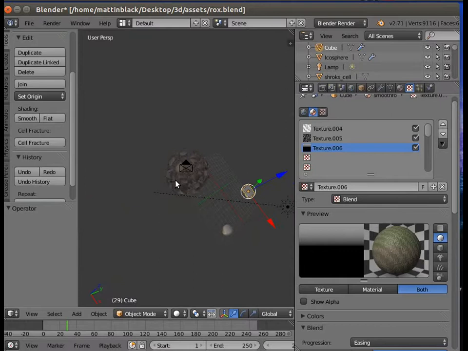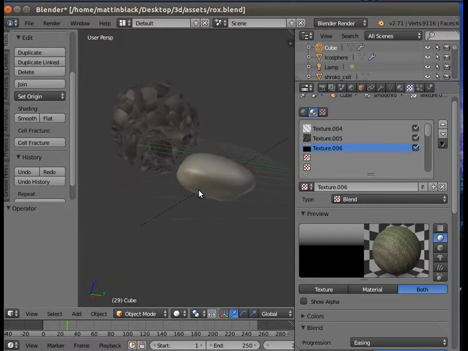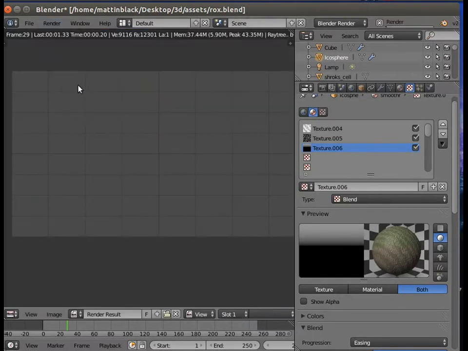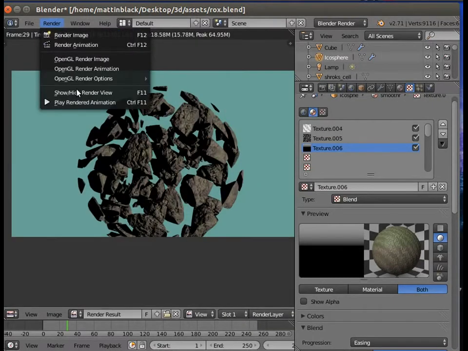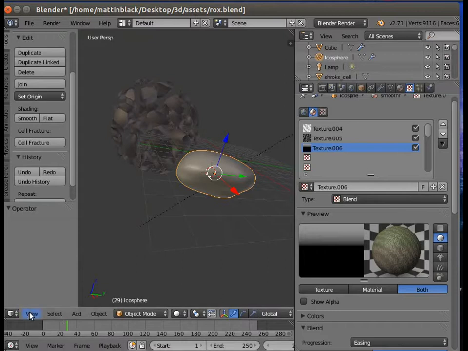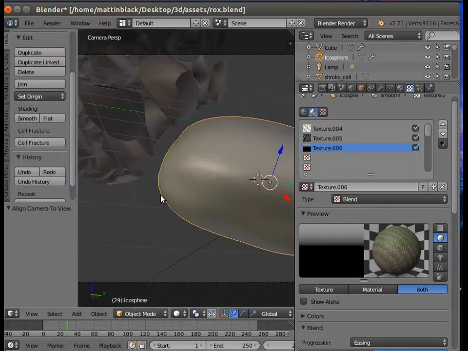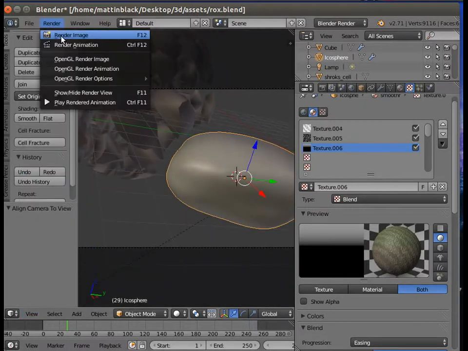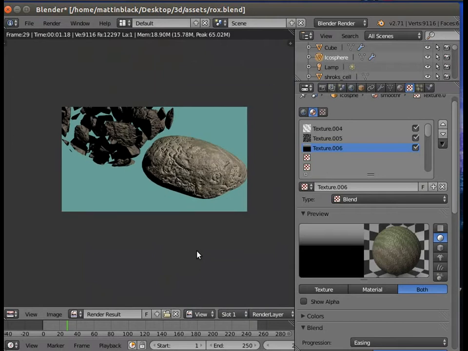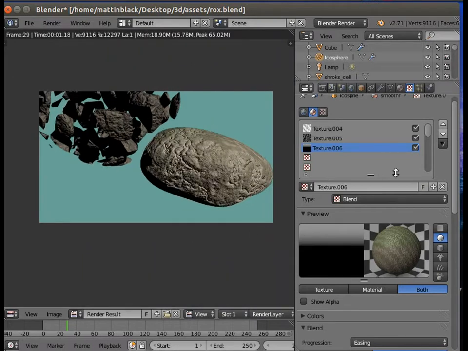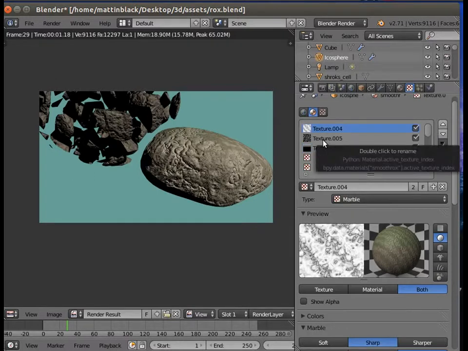And now what I want to do is make some different types of rock, and the first type of rock I'm going to make is a rounded rock. As you can see, here it is, and if I just align the camera to the view, I'll render it. As you can see, you've got a similar thing, and what I've done is exactly the same process so that the rock looks similar,